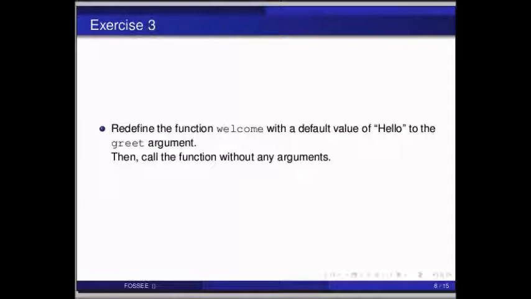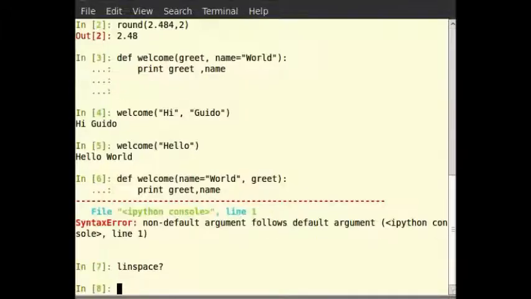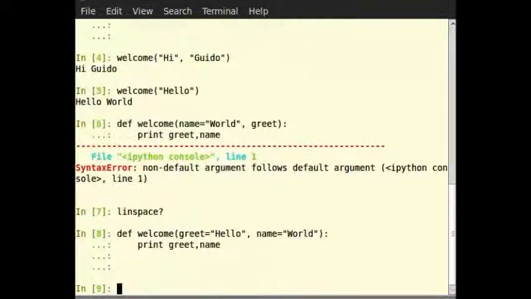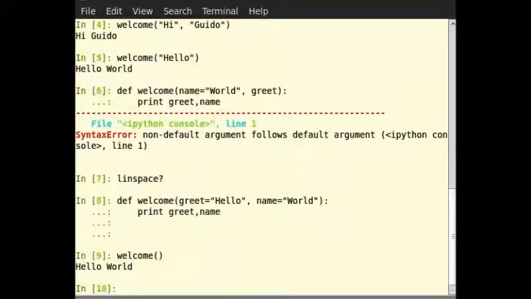Now switch to terminal for solution and type def space welcome within brackets greet is equal to within double quotes hello, comma name is equal to in double quotes world and colon. Then type print greet comma name. After hitting enter, type welcome and closing brackets. As we can see, we get the output as hello world.